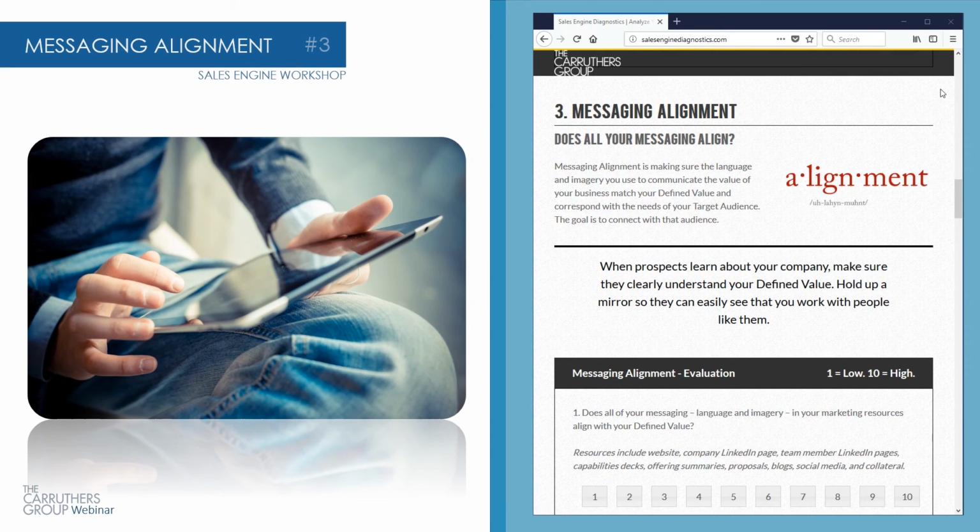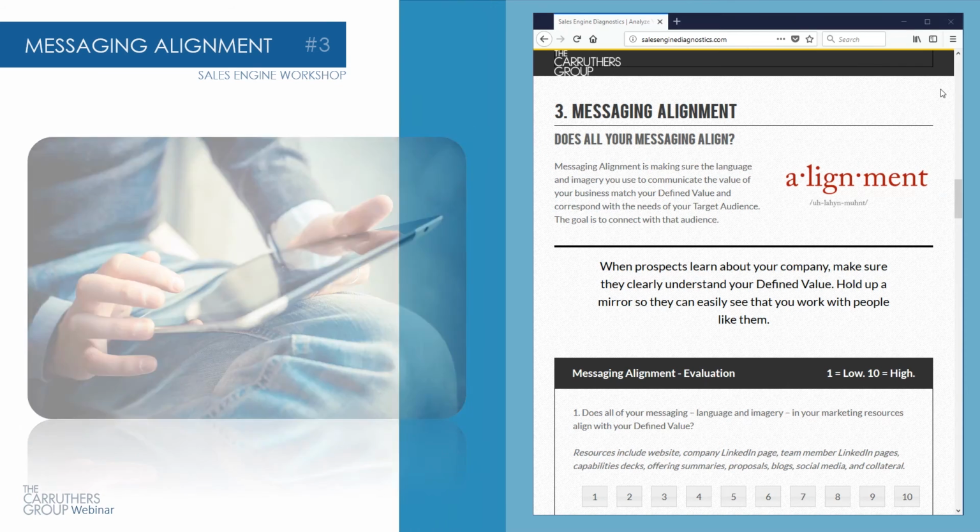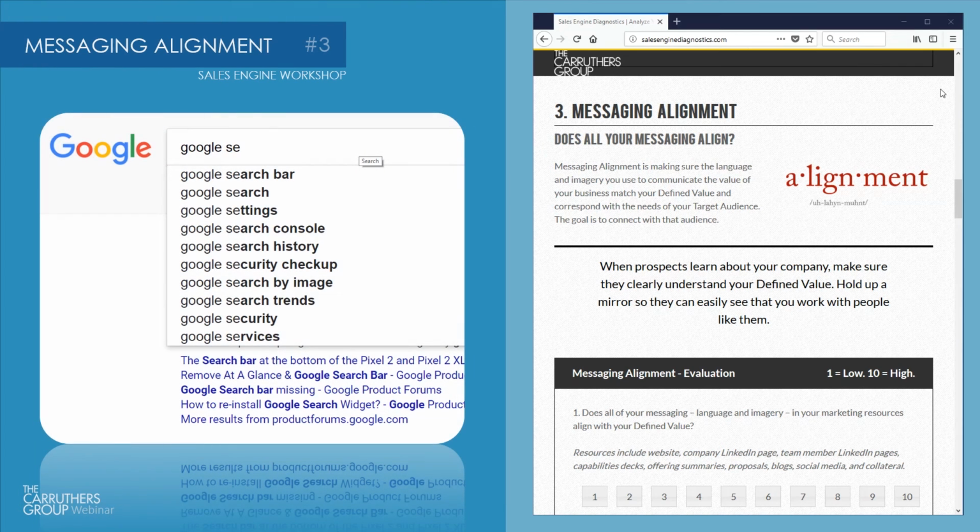Messaging is those key words and phrases that you use to describe what I would say is your value that we just talked about, and even your offering. So the quick test I like to give here, and certainly you can take the diagnostic and read all those questions, but the quick test is this. Imagine you have a Google search bar just in your brain, and you can start to look at all your messaging on your website, your proposals. Maybe if you run ads or even on the radio, you listen to them, and your magic Google search bar starts to tell you what words and phrases you're using.